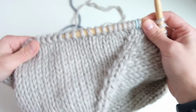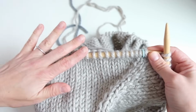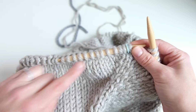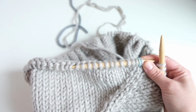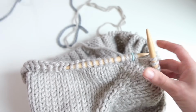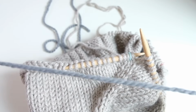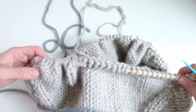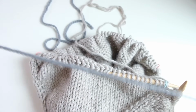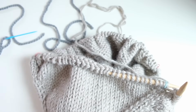And when you're ready to divide for the body, you want to make sure you end right after that raglan increase row. You want this next row to just be a knit round when we divide for the body. So just make sure you keep that in mind. You're going to want to make sure you have a tapestry needle handy with a piece of waste yarn that's long enough to put one whole sleeve on. So I've got a piece of yarn that's long,